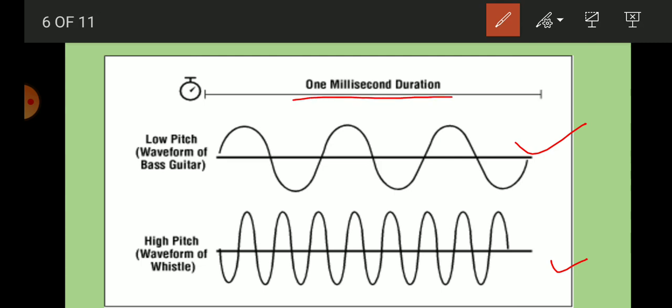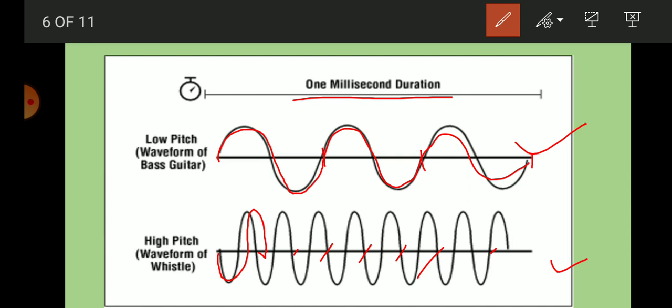In 1 millisecond duration you can see there are 1, 2, 3 pulses or waveforms, and here you can count. If I start from here, 1, 2, 3, 4, 5, 6, 7. So 7 pulses are there. From this it is clear that the number of pulses or waveforms is more in the second figure, and that